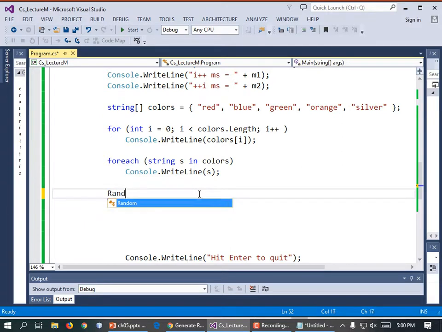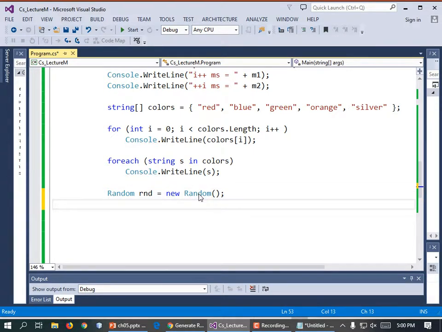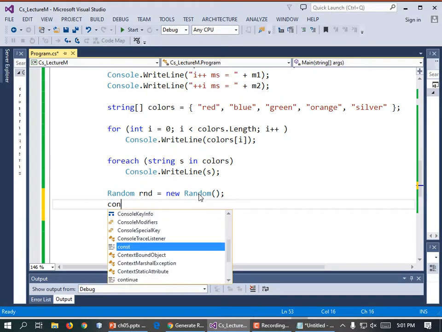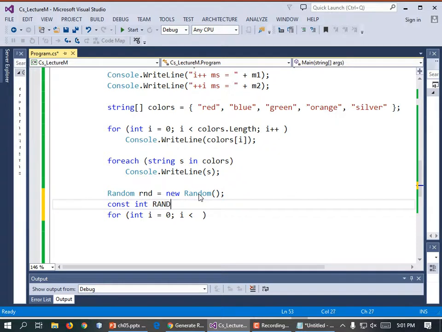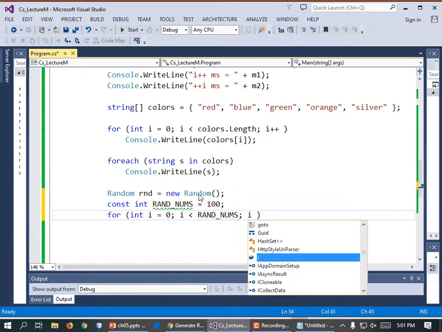So Random rnd equals new Random(). And then we're just going to have a for loop that runs 100 times so that we can print out some random numbers. For (int i = 0; i <, let's be good programmers like we were before. const int RAND_NUMS = 100; And then in our for loop, i = 0; i < RAND_NUMS; i++